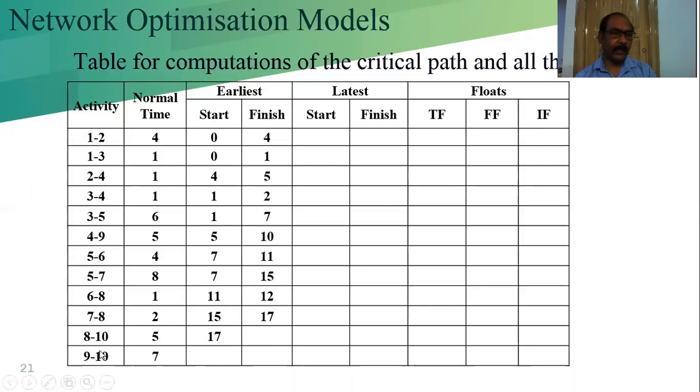And here is 9, 10. Where is the 9? See, 9, 10. So this will be 10 plus 7, equal to 17. We can show you in the next table. This is 22 and this is 17. So which will be the E value of node 10? Which one is the maximum? That should be the value of E. See, this is 22 and this is 17. We are considering the maximum one. That's why 22 is the value of event 10. That is, E10 is equal to 22, not 17.